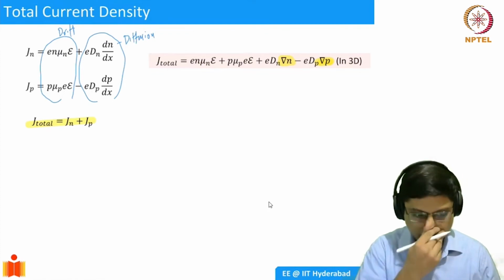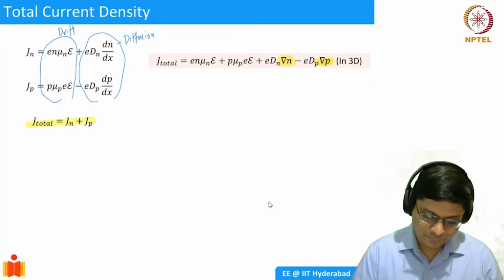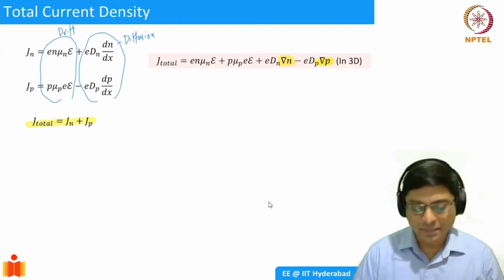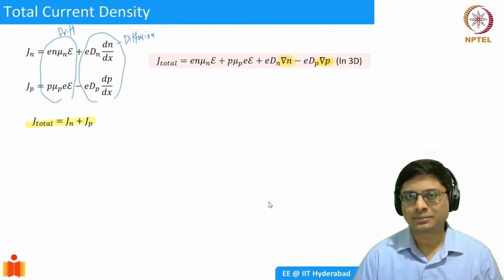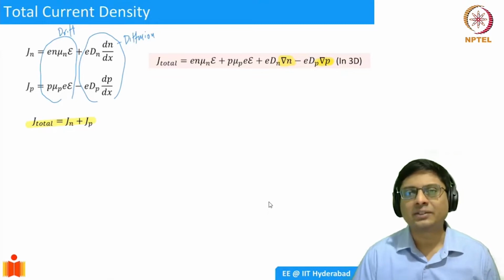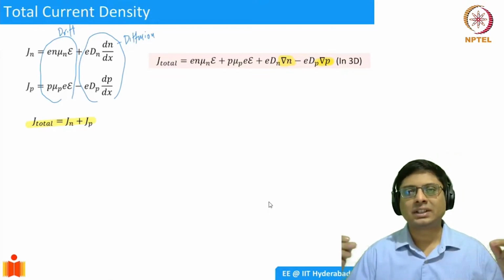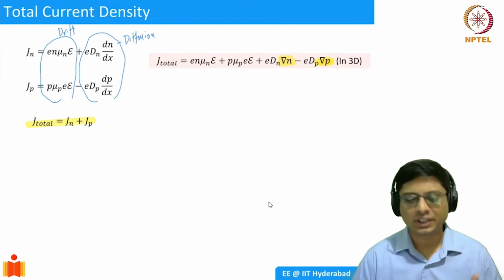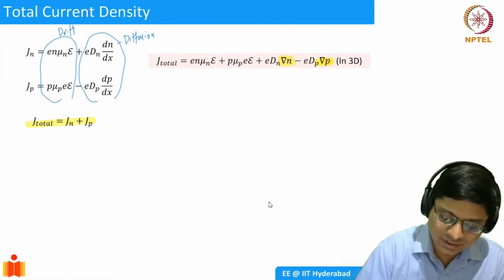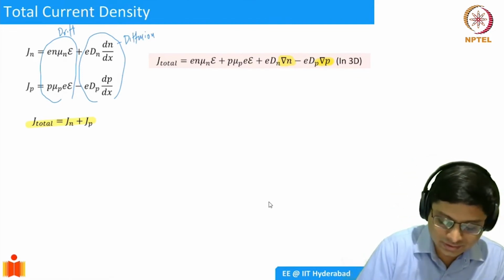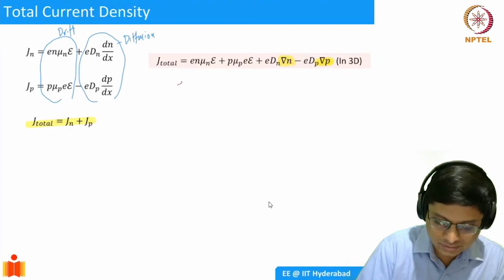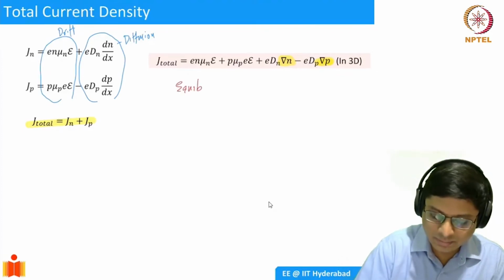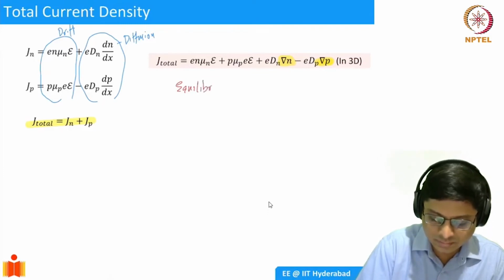Okay. So what happens to a semiconductor which is in equilibrium? Equilibrium means the electron current is going to be zero and the hole current is going to be zero. The reason for that is that we already said that equilibrium means there is a balancing of